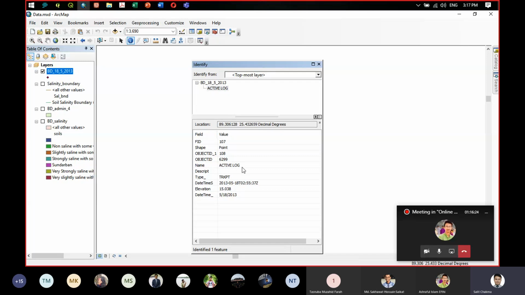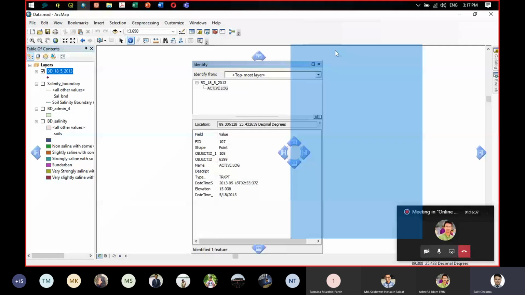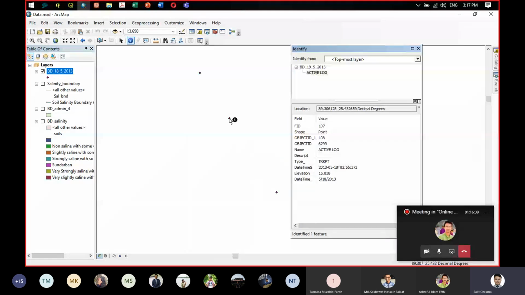তারপরে নেম হচ্ছে অ্যাক্টিভ লগ, এটা হচ্ছে টিআর কেপিটি এন্ড সো অন। 2013 সালে এটা কালেক্ট করা হয়েছে। তো এই যে ইনফরমেশনগুলো দেখতে পাচ্ছি, এখানে কিন্তু কোনো জায়গায় আমাকে লোকেশনের ইনফরমেশন দিচ্ছে না। হাউএভার, যখন আমি এই আইডেন্টিফাই টুল দিয়ে তাকে আইডেন্টিফাই করছি, তখন এই জায়গায় আমাকে লোকেশনের ইনফরমেশনটা দিচ্ছে। দেখতে পাচ্ছ যে 89 ডিগ্রি 30.30.306.874,